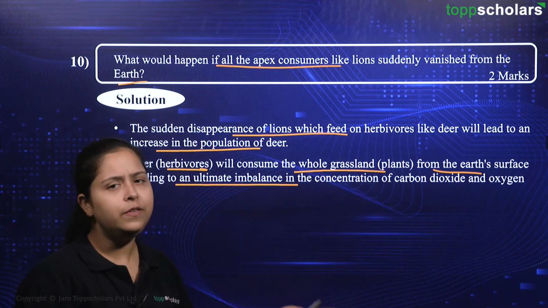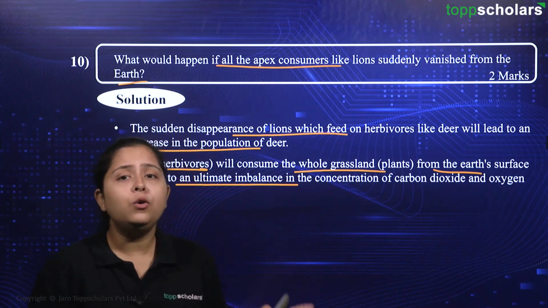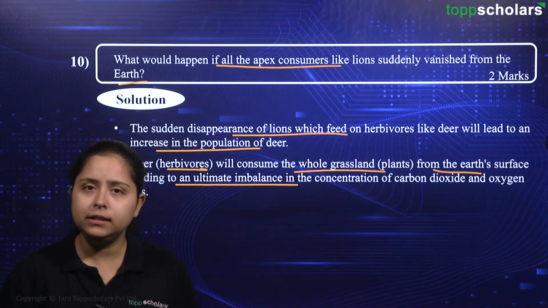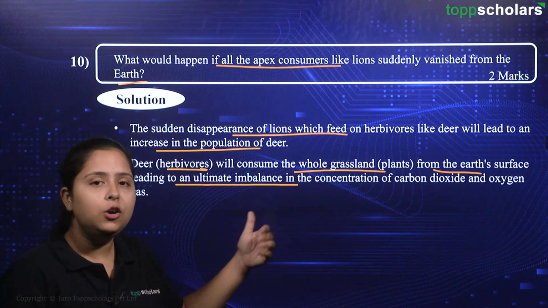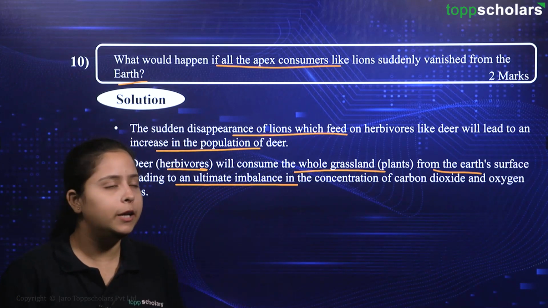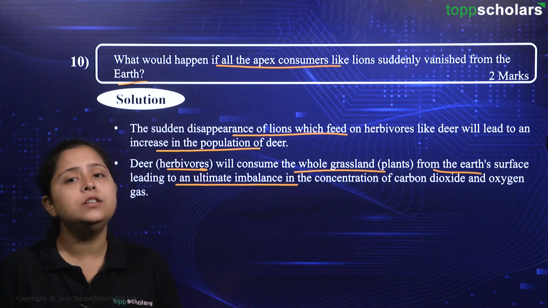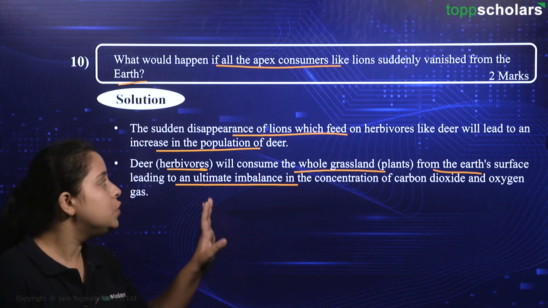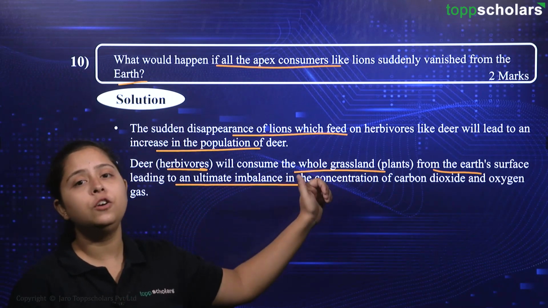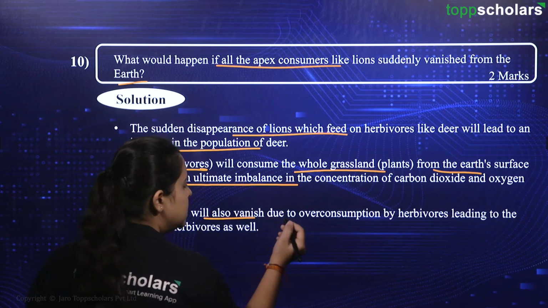Now, in our discussion, we have talked about food and all of those things. But remember, these plants are also fixing the carbon dioxide present in our air. They are performing the process of photosynthesis. So, with the plants being gone, the carbon dioxide is not able to be fixed. Photosynthesis ceases. And then the oxygen that was released from photosynthesis, that concentration is also affected. So, the removal of the apex consumer alone will also lead to an imbalance in the concentration of gases in our atmosphere. Going ahead, soon plants will also vanish.